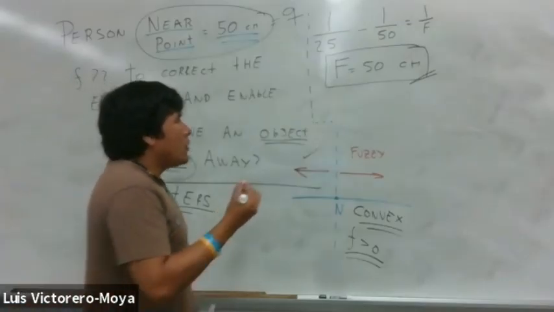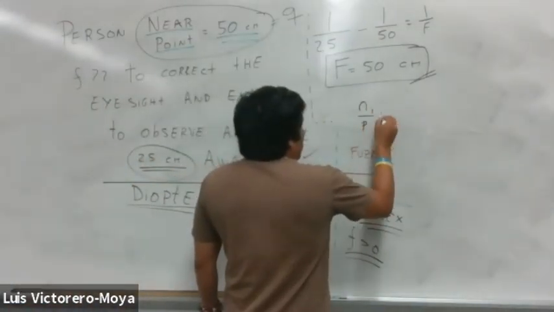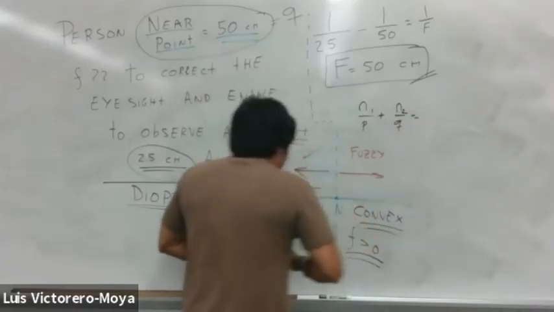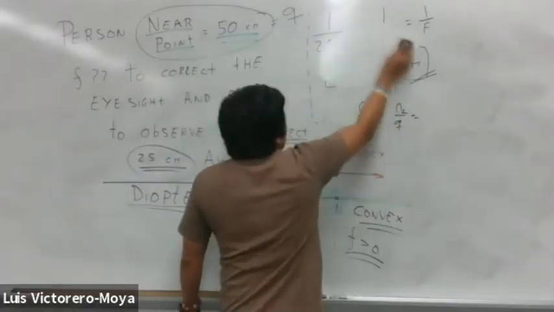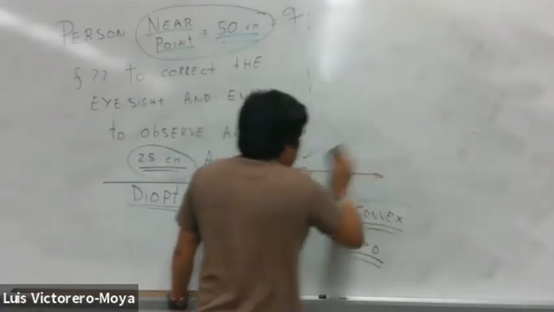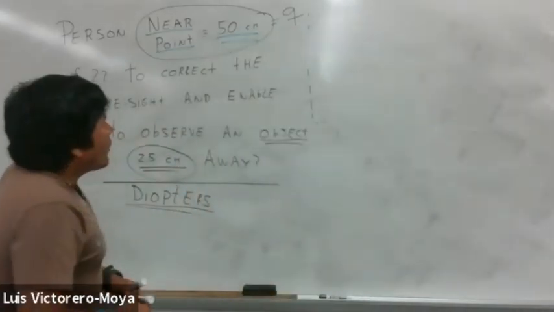I believe it was something like N1 over P plus N1 over Q equals something. But there's a variation of that equation when you take into consideration the thickness of the lens. Anyway, so now we're going to